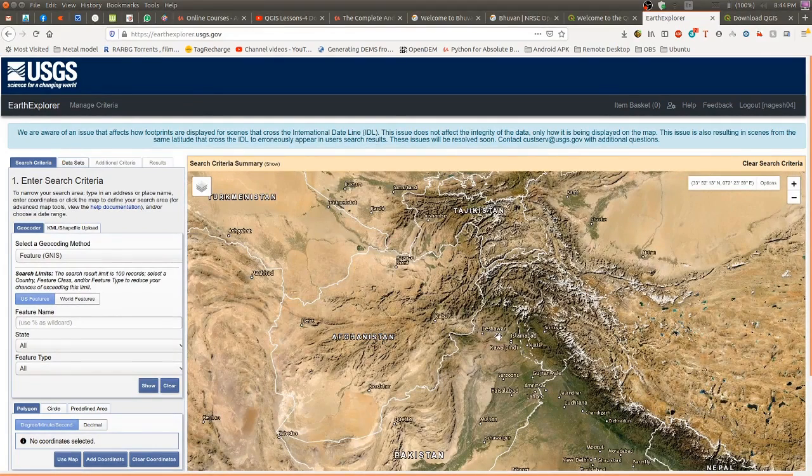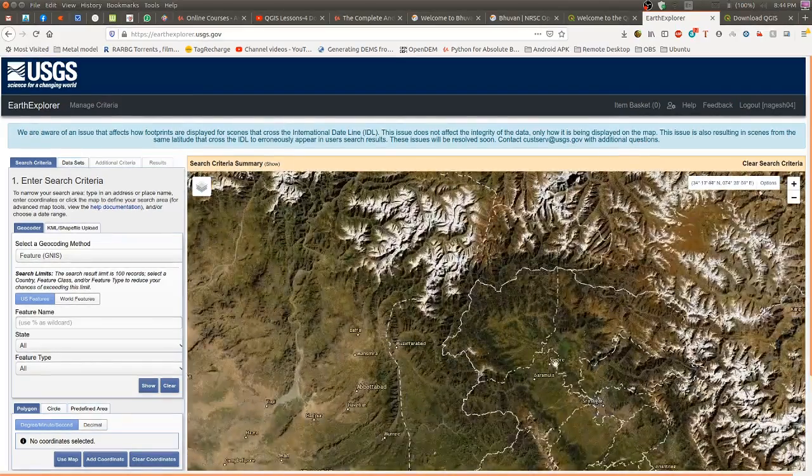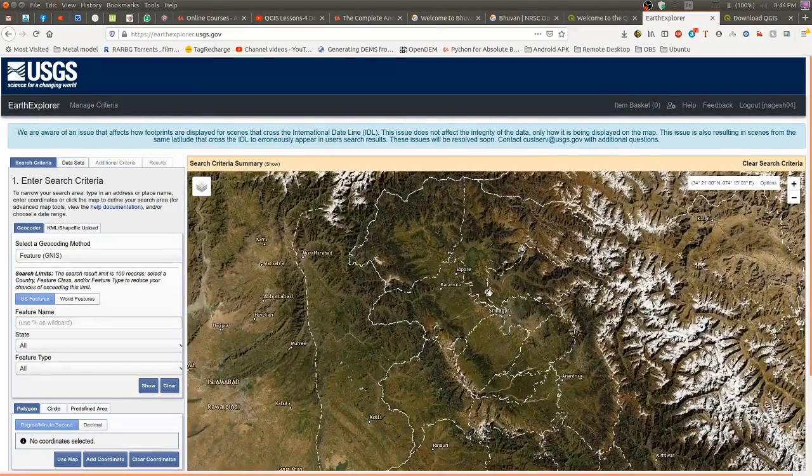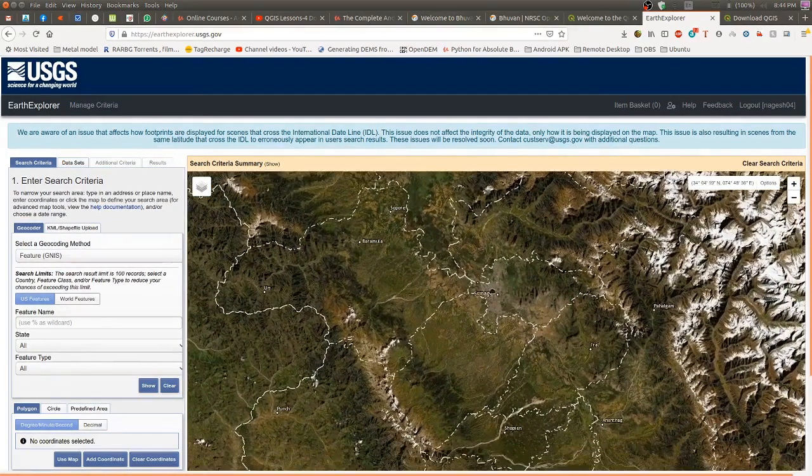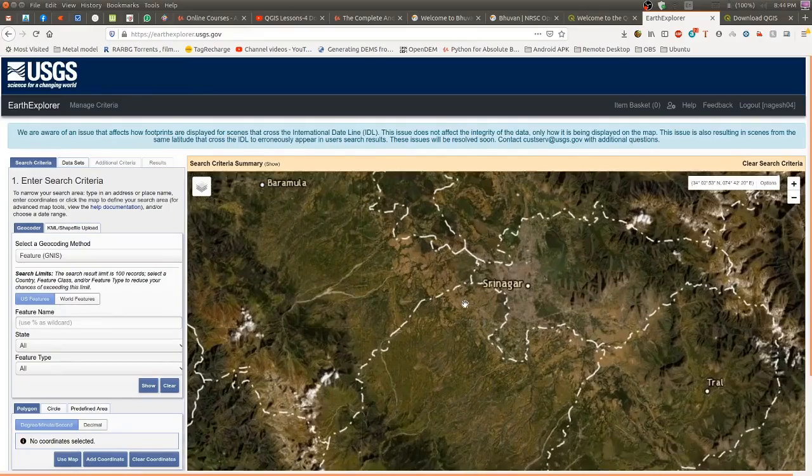Now here also I'll show you how we can narrow down our area of interest. This is the Kashmir Valley.